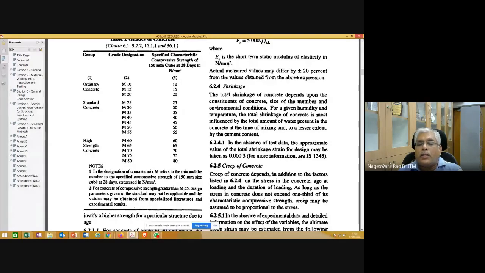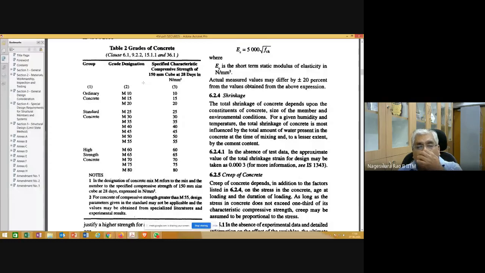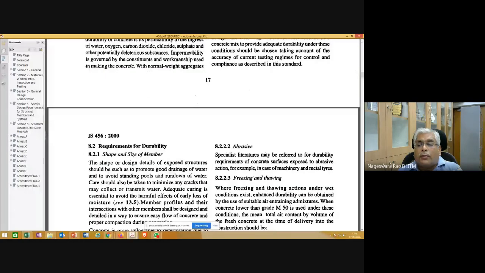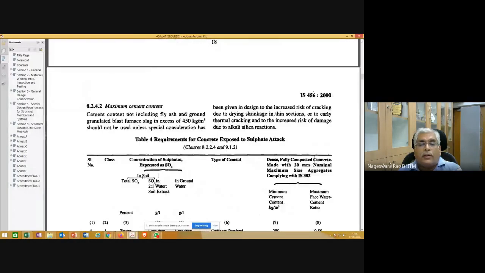That kind of cube is what IS 456 recommends to get this compressive strength. So these are the grades of concrete: ordinary concrete up to M20, standard concrete from 25 to 55, high strength concrete from M60 to M80. Okay. Before we go further, I want to show you one more thing and then we'll go.